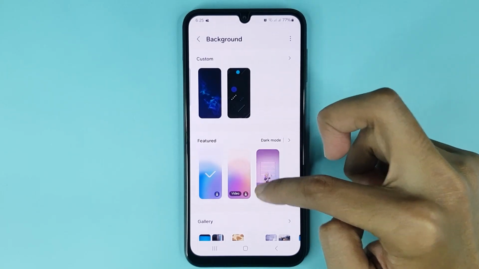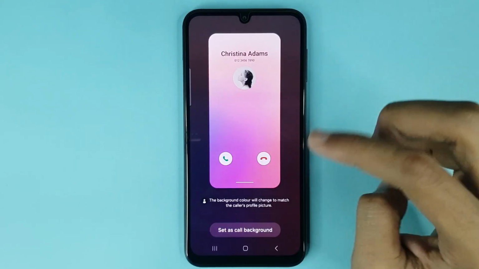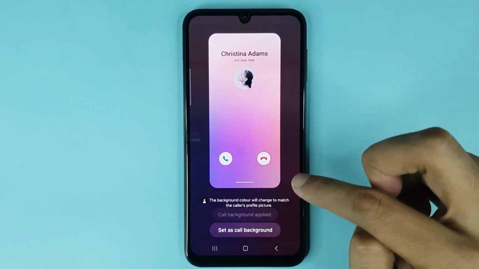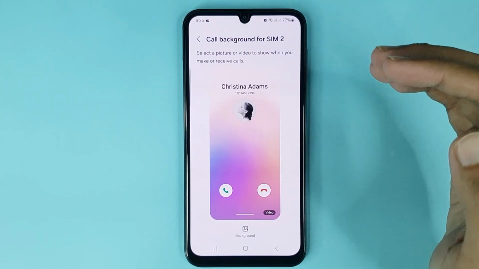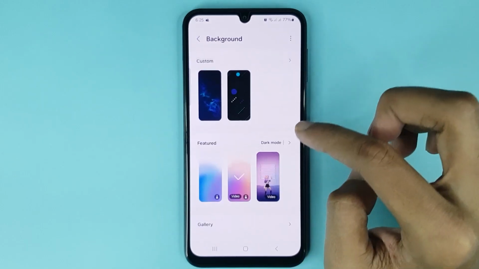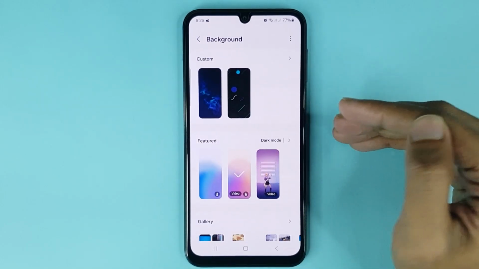If you want to set this call background, just tap here, then tap on set as call background, and it's done. You can see call background has been changed successfully. Now if you tap on background option again, now if you want to set call background from your gallery, just